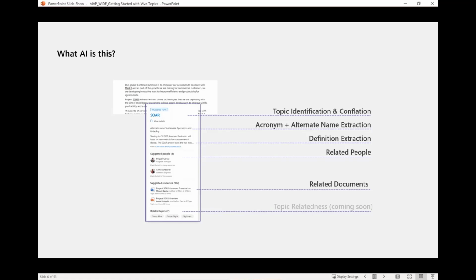Now, there are other things you can do to kickstart it. We want to bring in managed metadata services. If you've invested in MMS and you have a whole list of product names or regions or whatever else is important inside of your company, you can use that as a seeding mechanism to come into topics. That's a great way to get started. You can also put things in manually, so if you know there should be a topic on a particular area, you can do that. But basically Viva Topics is generating that from the source documents, the original content, which is why we want to look at